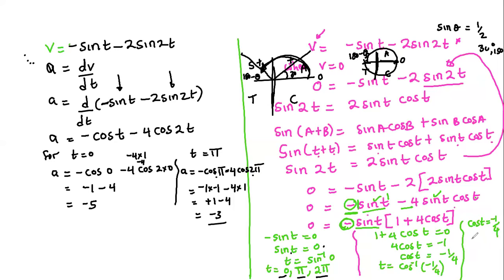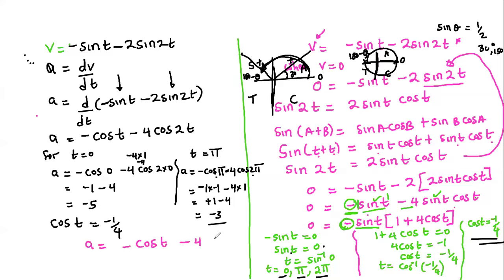Okay, then what about this last one? What shall we have? For the last one, we have cos t is equal to -1/4. Now I want to use the mathematics. I'm going to just summarize it in this way. When I look at my acceleration, I have negative cos of t minus 4 cos of 2t. I know that cos of t is the same as -1/4, so where there is cos of t, I can just substitute -1/4, if I don't want to go into putting points. So I know this is negative times -1/4